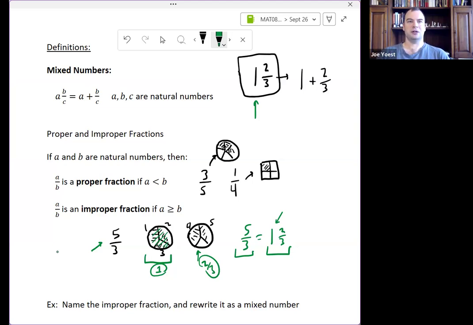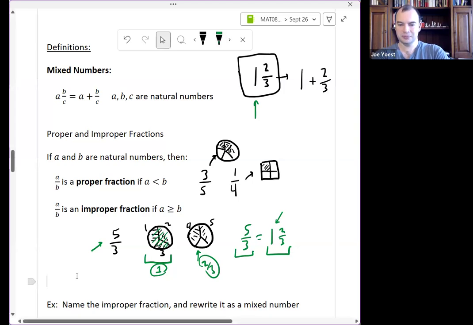So if I'm ordering or graphing on a number line, a mixed number is going to be a little easier. But if I'm actually working with the fraction, doing computations with it, adding it to other fractions or subtracting it from them or multiplying it by them, having an improper fraction is much nicer, almost universally.